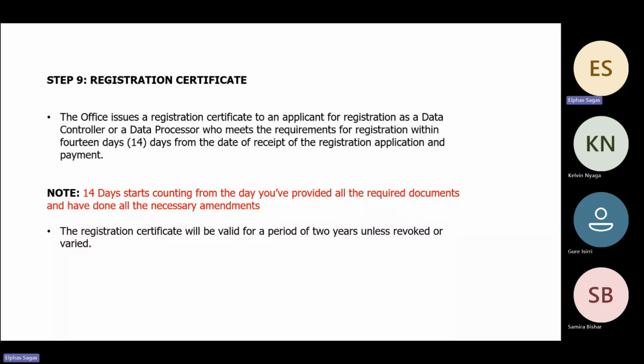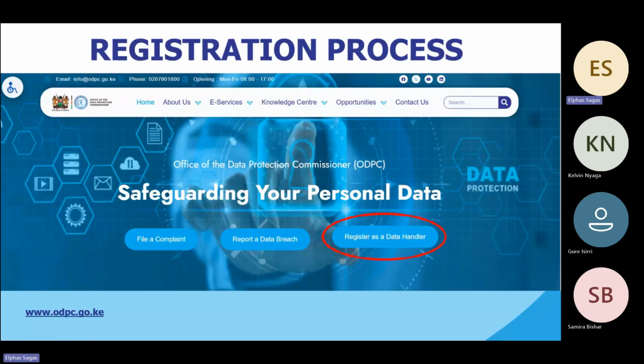If, for instance, there are complaints, or we find out that you've not complied, or that you've given us false information, or we find out that you've not implemented what you're telling us you've implemented, that particular certificate can be revoked. So it's not guaranteed that once you have it, you just take it and relax and do nothing. It's important to note that. So I'll quickly take you through the screenshots, how you do the registration, just to solidify